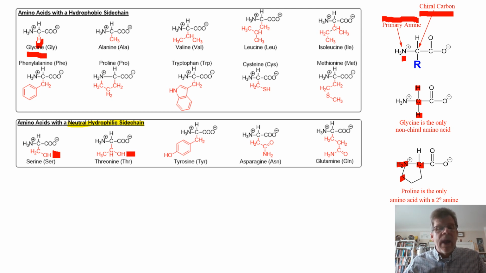Threonine has an OH on it. Even tyrosine over here has an OH on it. These OHs are strong hydrogen bonders. So really, no matter how much extra carbon we have attached to that side chain, that OH flips the nature of that side chain from hydrophobic into hydrophilic because of that very strong hydrogen bonder, in these cases serine,